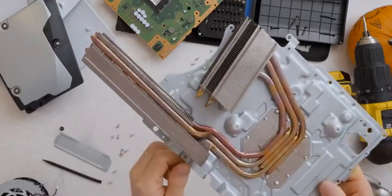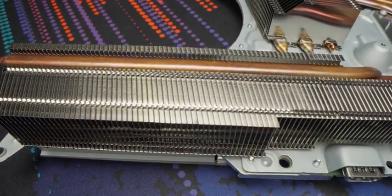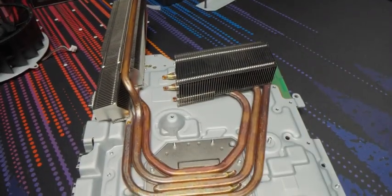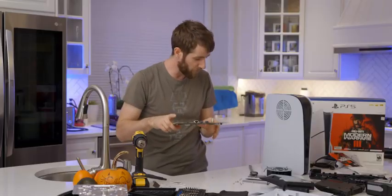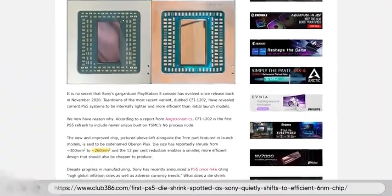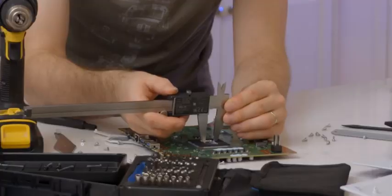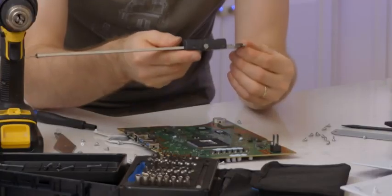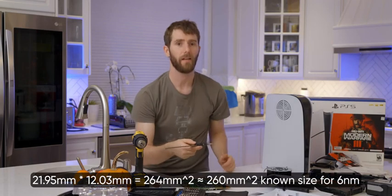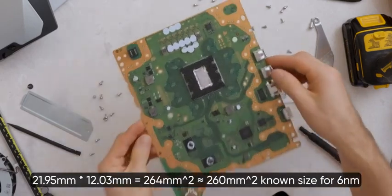5 heat pipes, and you can see they're making use of actually a lot of the space around that fan to pull in air from the side and blow it through. Moment of truth, where's the caliper? Oh, here they are. What's the size of the 6 nanometer full sized? 260 millimeters squared. Okay. 21.95 by 12.03. 260. Okay, it's the same die then,